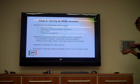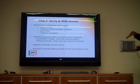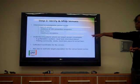Because sometimes people would just mention venues, and we would go to the place and find that it had been closed. So we went out and interviewed a person who was working there and was knowledgeable about the site. We asked about the type of venue, evidence of any HIV prevention programs offered there, the busy times, and the maximum occupancy of the venue. It really helped us understand where our target group was congregating. For example, in the plantation areas, without this we would have thought that all the plantation workers were hanging out in the formal bars and nightclubs, but it ended up that most of the plantation workers, because of the amount of